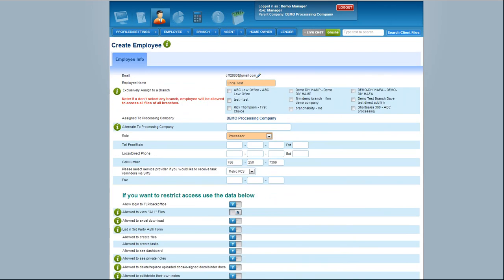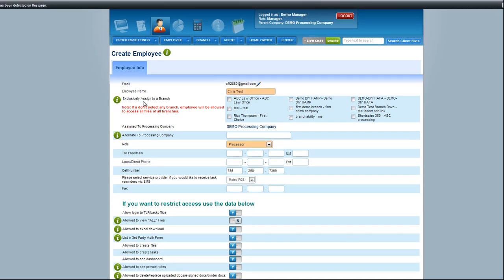So now when you open up the employee profile, you have some options here. Obviously here's how you edit their email, and then this is how you change their name. Now right here is an important option, exclusively assigned to a branch. Again, this only applies to companies that have more than one branch, and branches come into play when you have different law offices or other entities that you process on behalf of, or maybe you have different departments that you've set up,